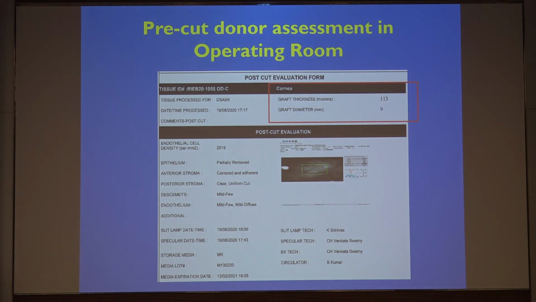Now, I will say it is very important to look into the graft thickness and graft diameter. This is because one needs to know what kind of tissue we are implanting in what kind of recipient. Sometimes, if the graft diameter is small, then you have to stay within that area of the graft diameter. And thirdly, graft thickness is very important to look at because the ease of tissue handling will depend on it. Sometimes, if the cornea is a pre-cut tissue, there can be some variations. If it is thinner, there can be handling issues, or if it is thicker, then you can have other issues related to the graft thickness.